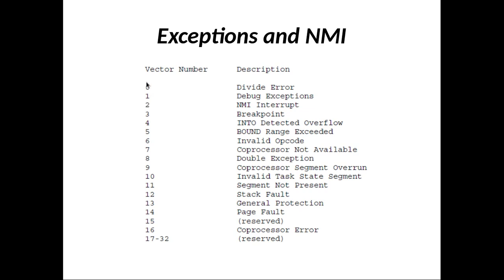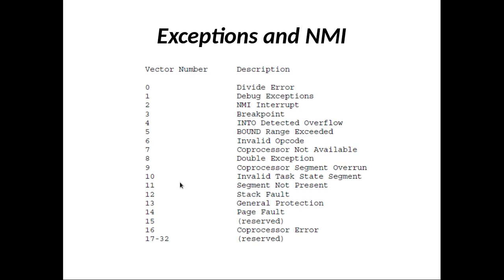Okay, so by using this 0, 80386 will identify divide error exception. Then I talked about a page fault. Page fault is type 14 interrupt. So type 14 exception is called a page fault. Then we are saying that this range, that is 0 to 31. Here there should be a 31, not 32. So this range 0 to 31 is allocated to the exception and NMI.